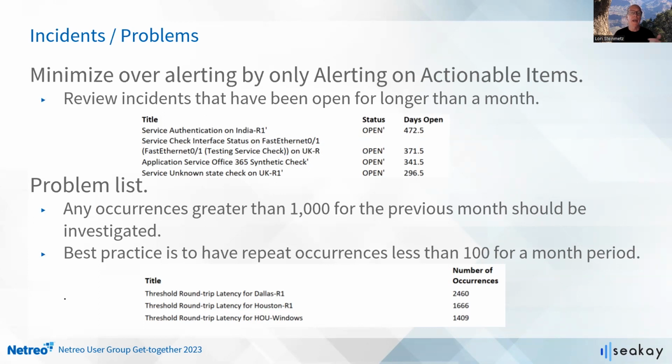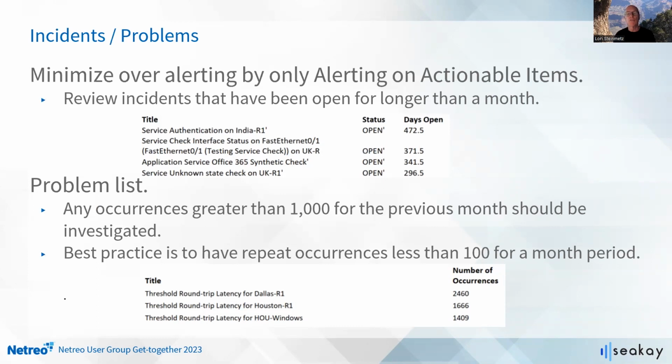So we're looking at how long something has been open, how many days it's been open, and this will be critical at some point for you to resolve the issue, change the issue, remove the device, update the device, whatever the approach is to resolve that alert. The problem list is how many times something has occurred